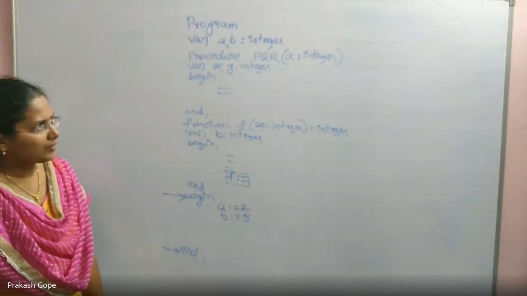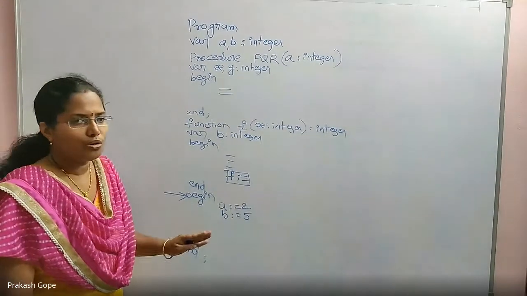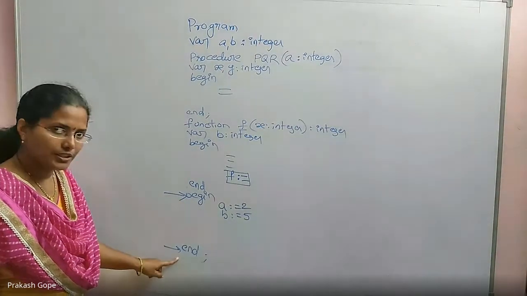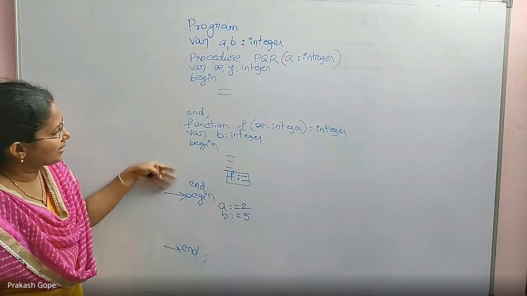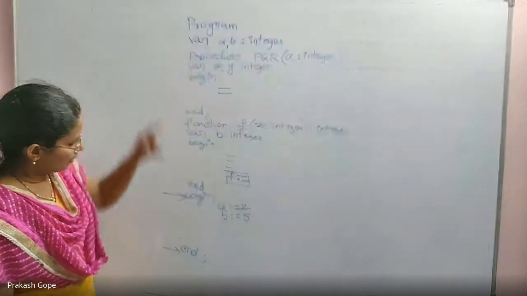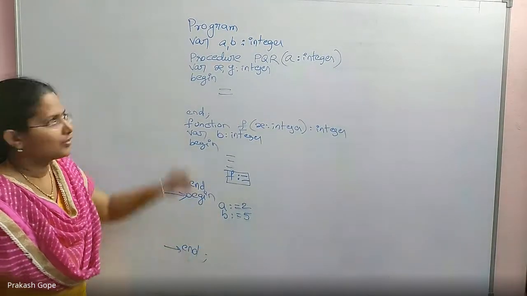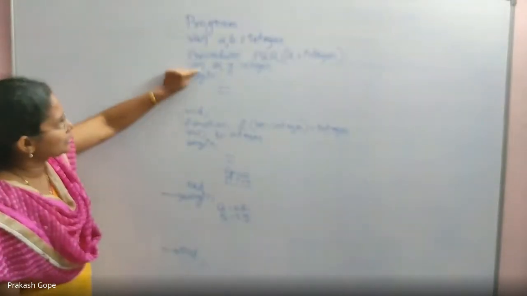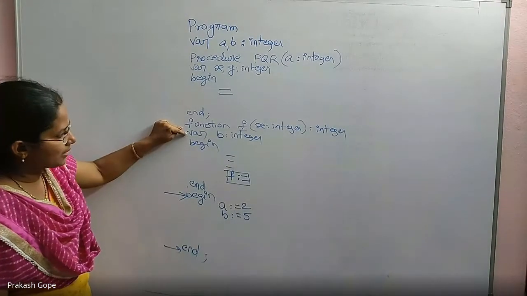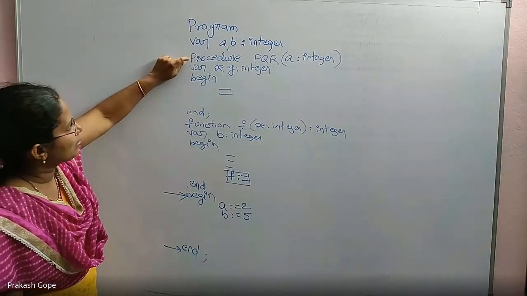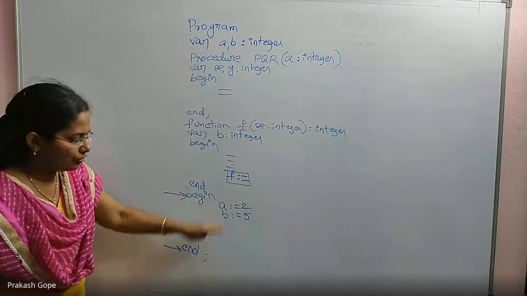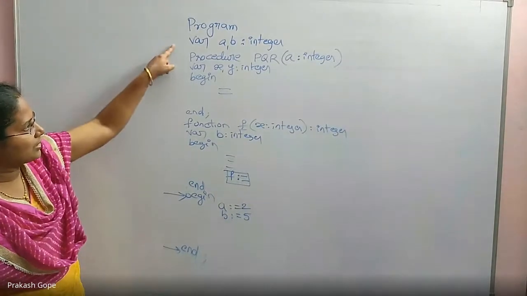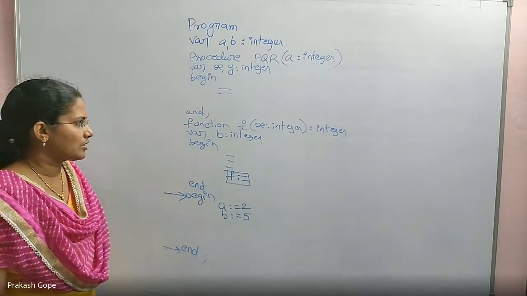They generally give it like this. In the following pseudocode, they will give syntax like this. You should understand: program execution starts here and here. Some procedures and functions can be declared here. And these are the variables on which we are actually working. These are the variables of the program. These are just procedures and functions in which local variables are declared. This is local to this function. These are local to this function. But these are the variables for the actual program. So you just declare them and start execution from here. This is the syntax.